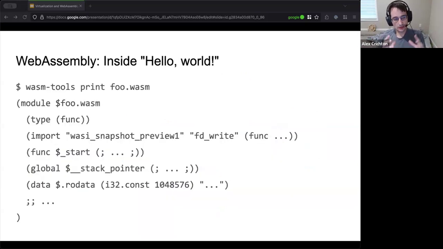So I don't want to go too deep into the details of WebAssembly, but I do want to open it a little bit to show you at least the high level idea. We can take this foo.wasm and convert it to its textual form. The actual Rust compiler would generate this WASM binary, but we'll take a look at the text. There's a whole bunch of constructs here. We've got types, imports, functions, and so on. There's lots of stuff omitted here.